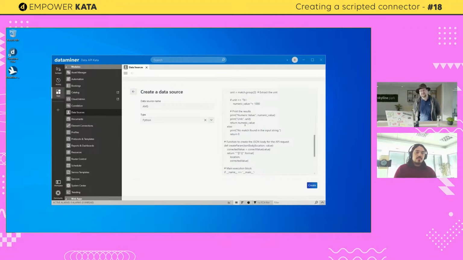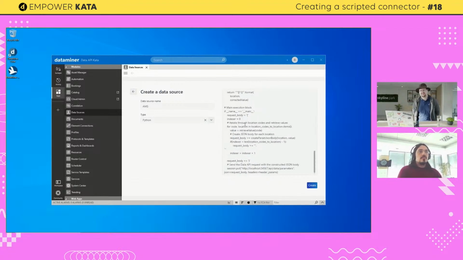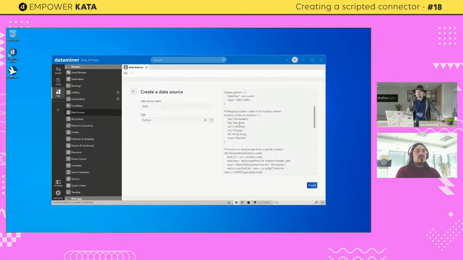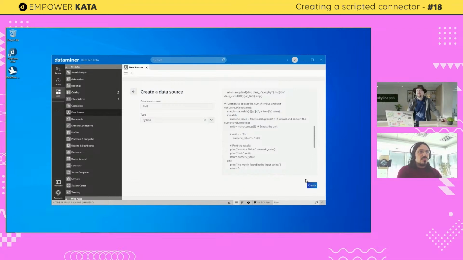Because the service is already sending a JSON as a response, you could theoretically push that entire thing in one go. In this case, we only did minor parsing because for the Amsterdam location, the units are in terabytes. For the other ones, they are not. So just so it looks correct and shows everything in the same base, we did a few tweaks here and there.